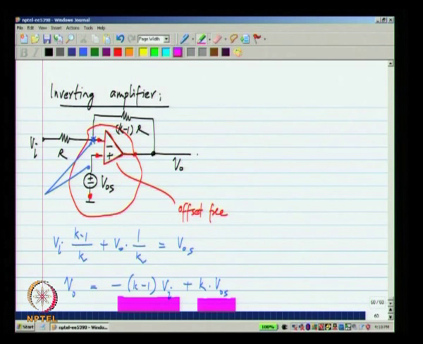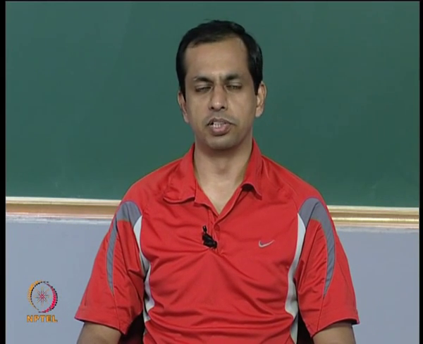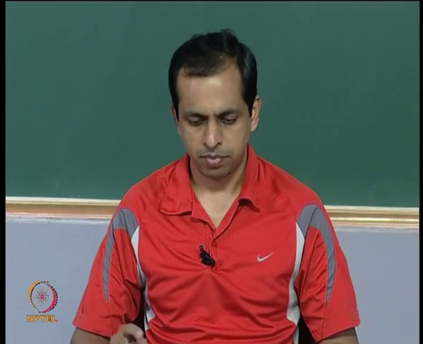And you can also think of it as just a circuit with two inputs, one of the inputs is the offset voltage and one of the inputs is the actual input voltage that you want to apply, and you will have different gains from the two sources. Okay. Now, later we will see that any noise voltage of the op amp will be represented by a voltage source similar to the offset in series with either the plus input or the minus input.